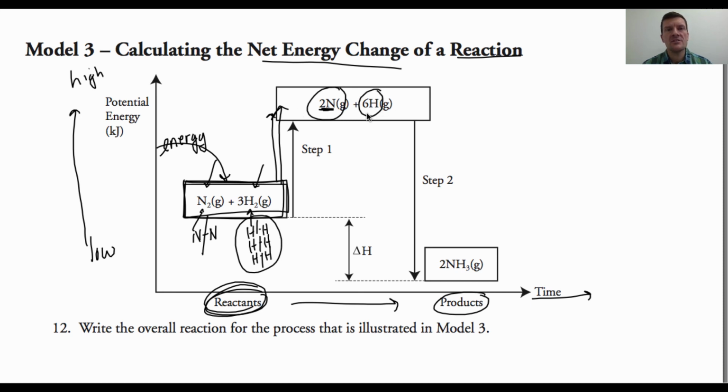Now they're at a higher energy level though, and they'd rather not stay there. They're going to be happier if they can get rebonded back together with something somehow, and if they can, they'd like to even get to a lower energy position than where they started. So they're going to rearrange themselves in a new formation and form a new compound. That compound actually is going to release energy as those bonds are formed. So during this process here, when you take these 2 nitrogens and 6 hydrogens and they rearrange themselves into